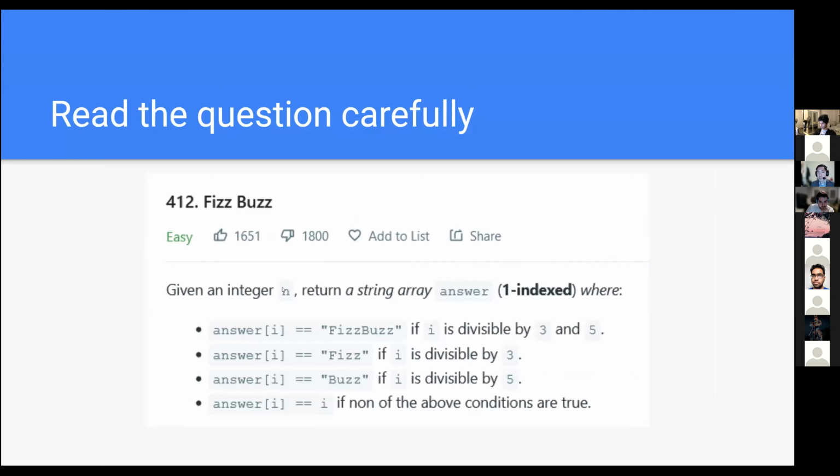You want to read the question carefully. What information are you given? You're given an integer n, and you want to return a string array answer. You look at all these parameters and inputs,